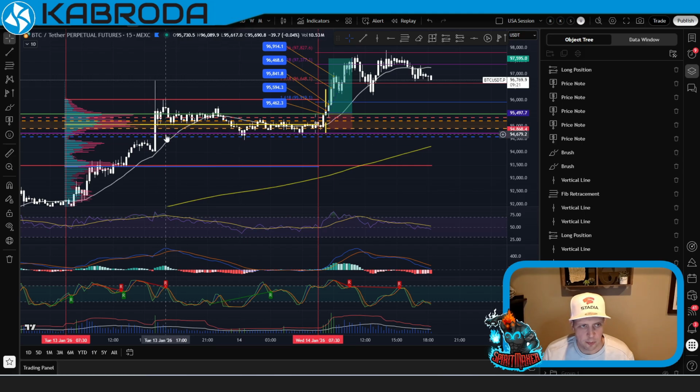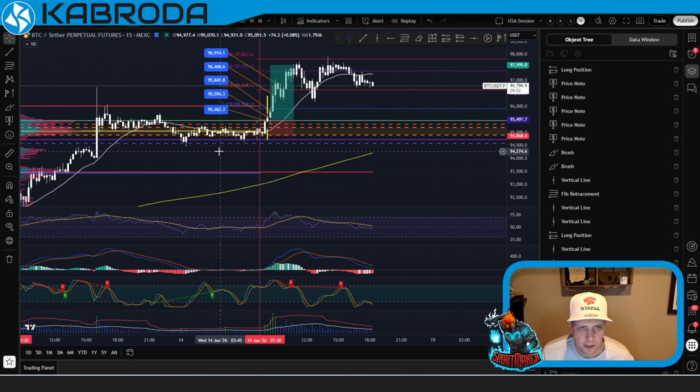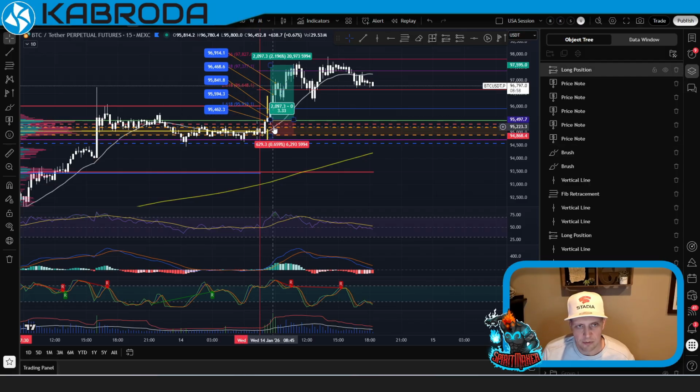Typically, when you start seeing the point of control, I'm just going to go back and look at price action. You can kind of see how it's marking the trigger right through here and right through here. That's kind of like the estimate that you could put together if you wanted to build this out on your own. It's not 100% accurate, obviously, because there's a little more to it that we do when we write this out, but I'm just trying to show this for simplicity for you. So you can go ahead and mark out these levels for yourself. And then